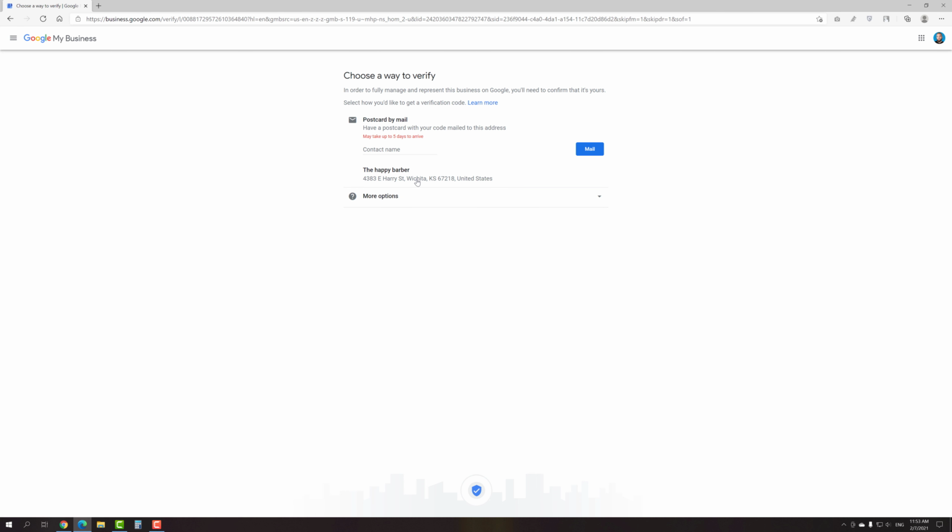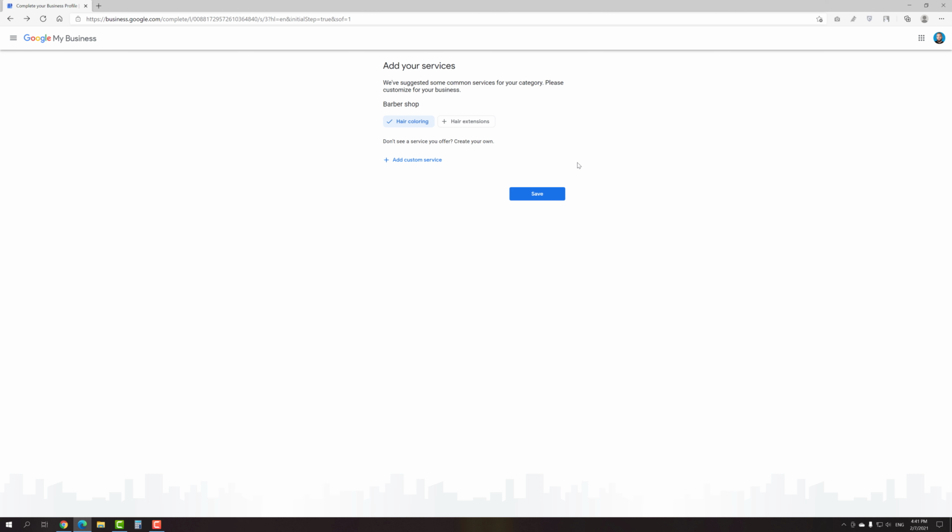For some types of businesses, Google provides an ability to verify by phone or email, but the most common case is when you can verify your business only by receiving a postcard with a verification code. This is not very convenient, but if you live in the United States, it may take just 5 days to arrive, which is not so bad, while if you live in another country, it may take even up to a month to receive a postcard. Also, you can verify your business later by clicking the appropriate button, and that's exactly what I'm going to do, since it's just a tutorial and I can't verify my business anyway.